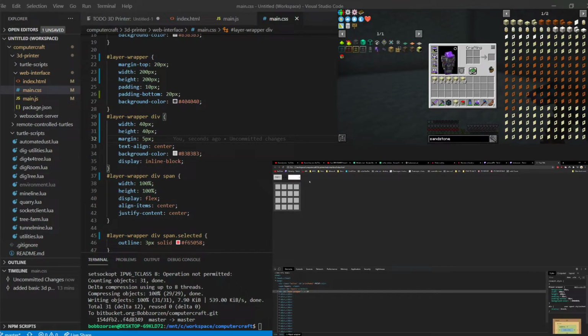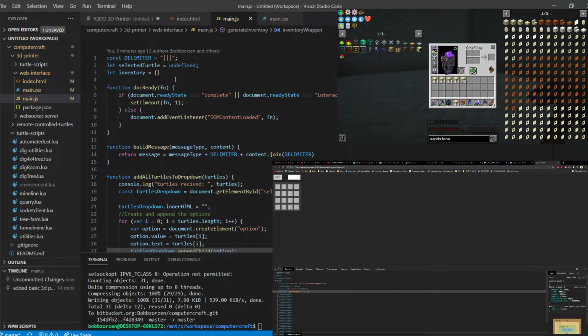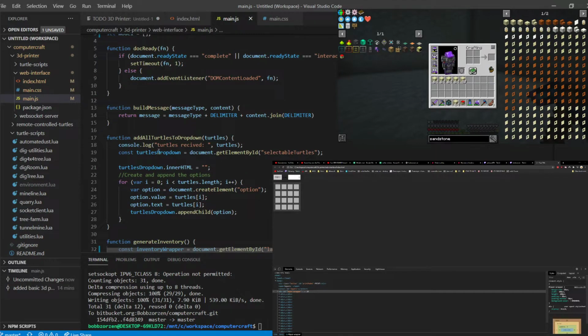So we don't have any layers for now. We want to start by having like a layer. So let's go up here, and instead of inventory we say model, and the model starts as an array, and selected turtle should be selected layer, and add all layers